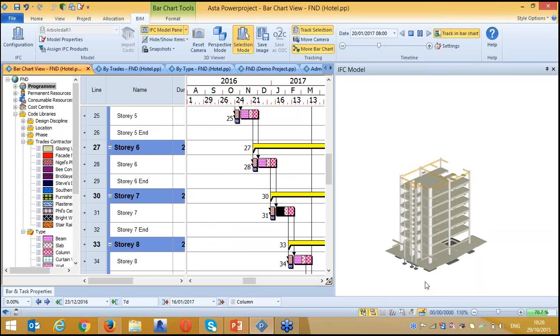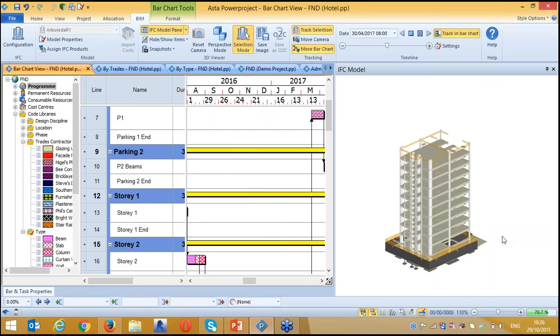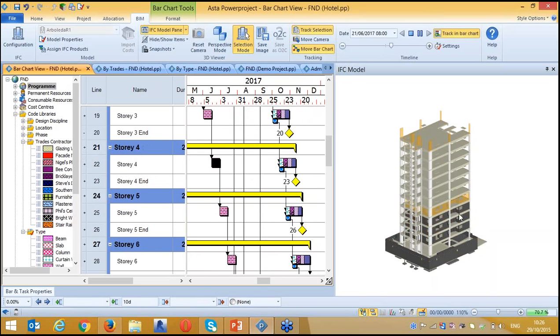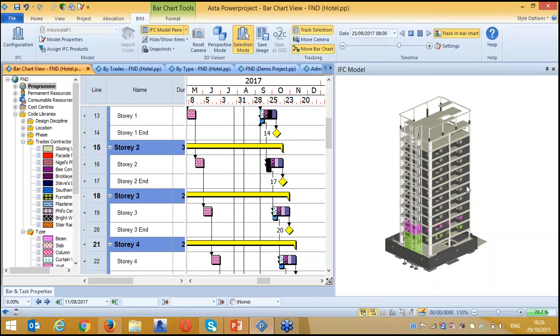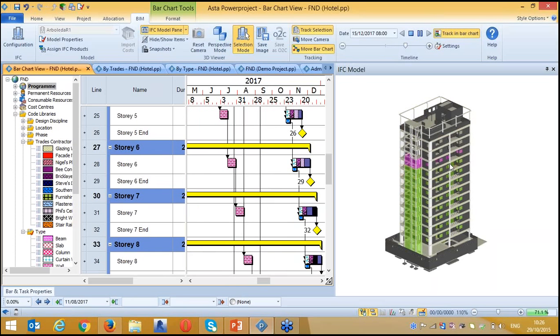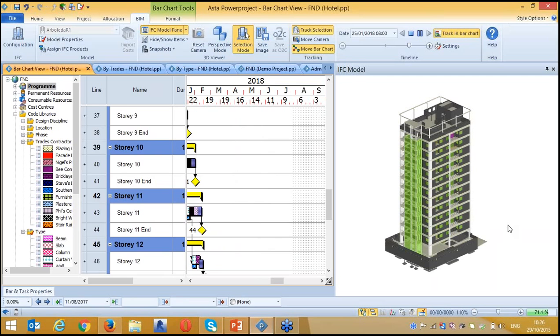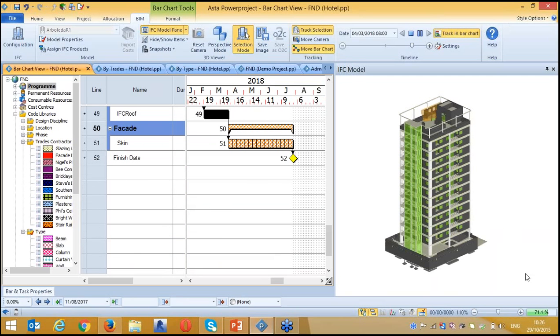It started from the foundation, and it is now building the superstructure. Now you see it is working in parallel with the walls. While I am doing the superstructure, it is coming with the walls and also the curtain wall and window and door installation together. Here you see that it is split into components, which are now growing in time. This is the cladding